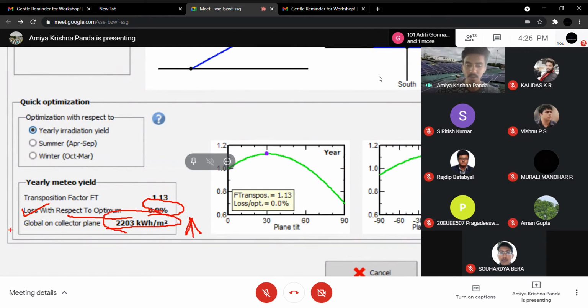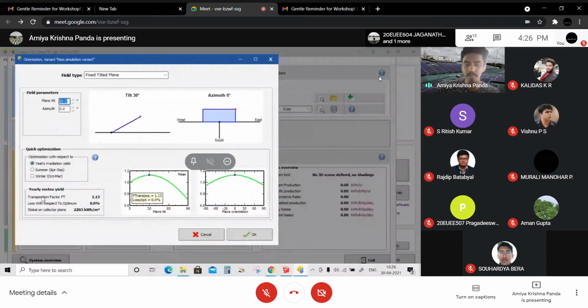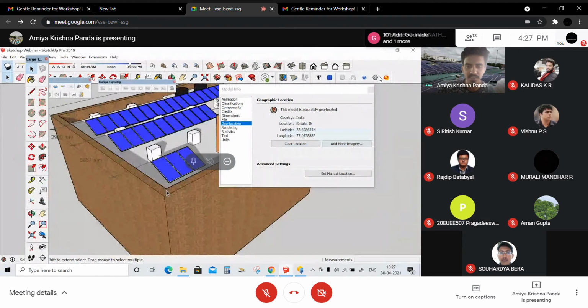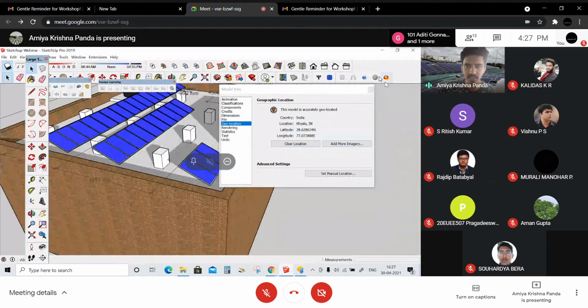The global on collector plane is very, very important, because how much irradiation is coming to your module and how much you are getting will tell you the final efficiency of your solar plant, right? Now, plane tilt. Plane tilt means how much angle we have considered in this case. So we have to just check it once.